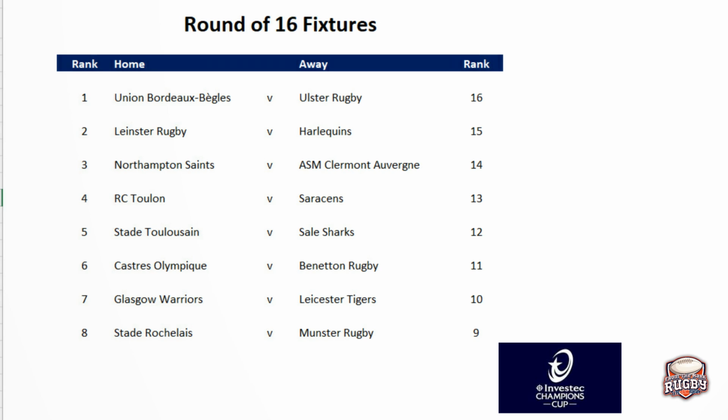I'm sure it'll be a bit of a love fest. And that one, you would expect, being at home, that La Rochelle could win it. Munster, they've had a poor season so far, but it felt like the last few games now they're starting to develop. The attack is starting to click as well, and